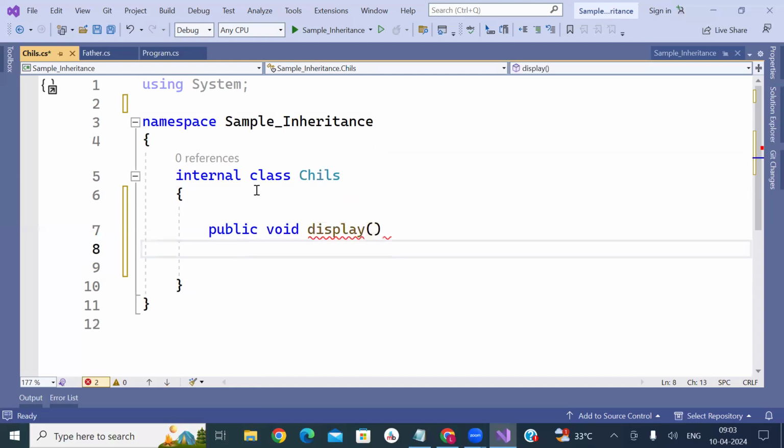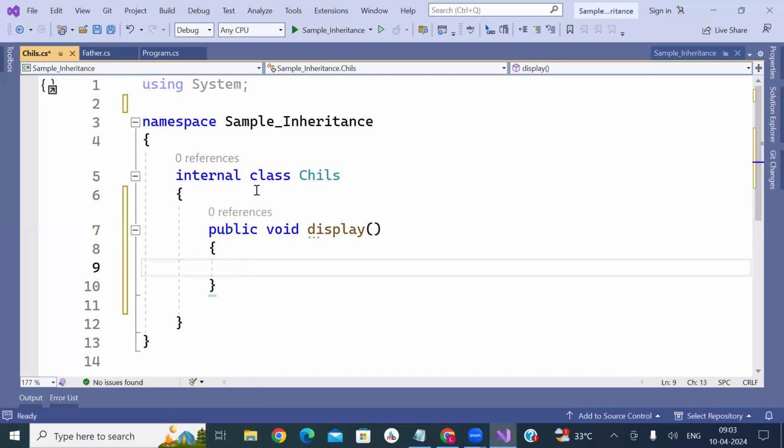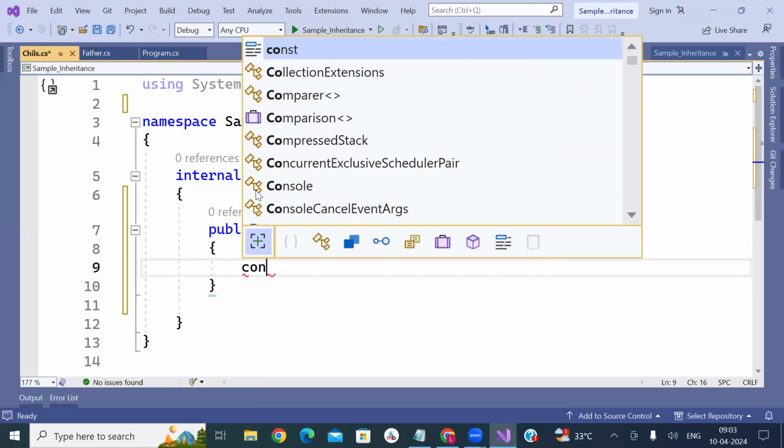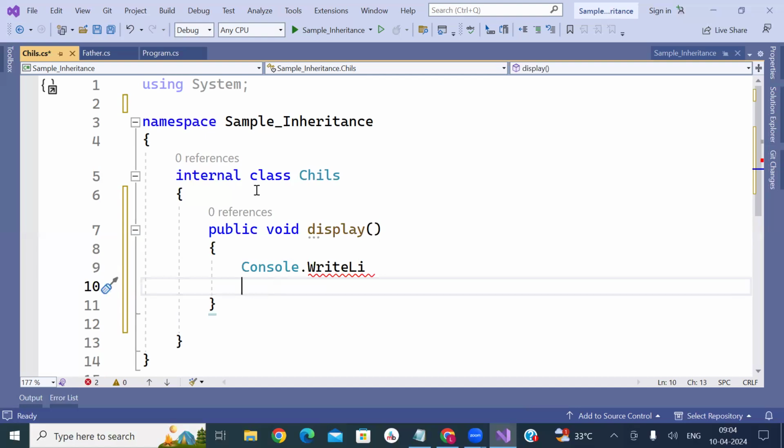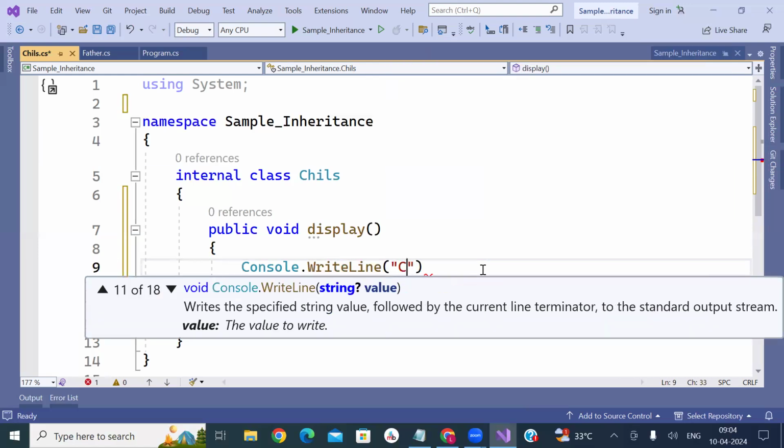I'm saying Console.WriteLine: child class inherit child class method executed.